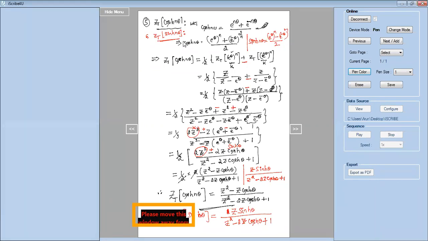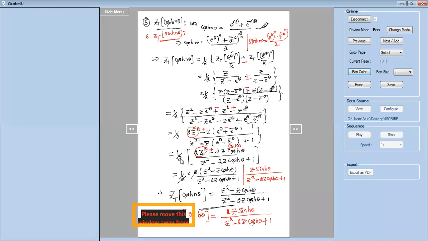So once you derive cosh n theta, the problem number 6, sinh n theta is almost similar. So there is not much difference here. The only thing is, instead of this plus, you have to write minus. So here minus will come, here minus. So your signs will change. And here, because of this minus z square and here plus z square, both get cancelled. So this term 2z square will not come. And here since you get minus, e power theta minus e power minus theta is 2 sinh theta. So I get 2z sinh theta.